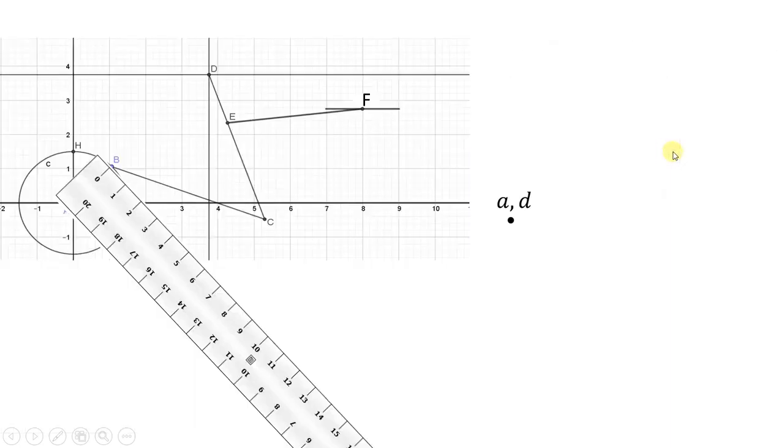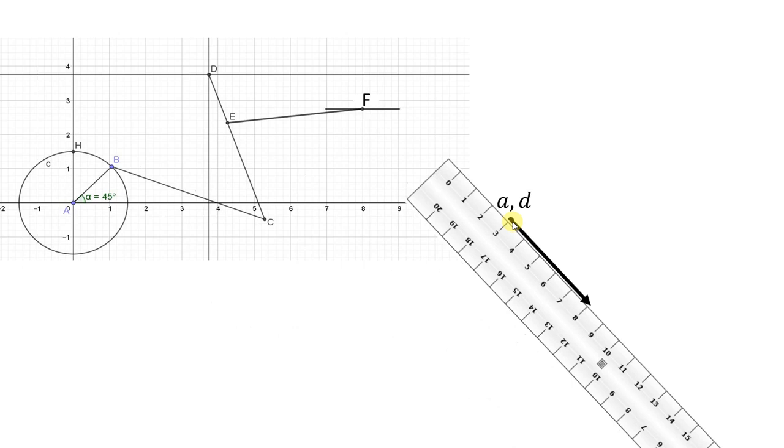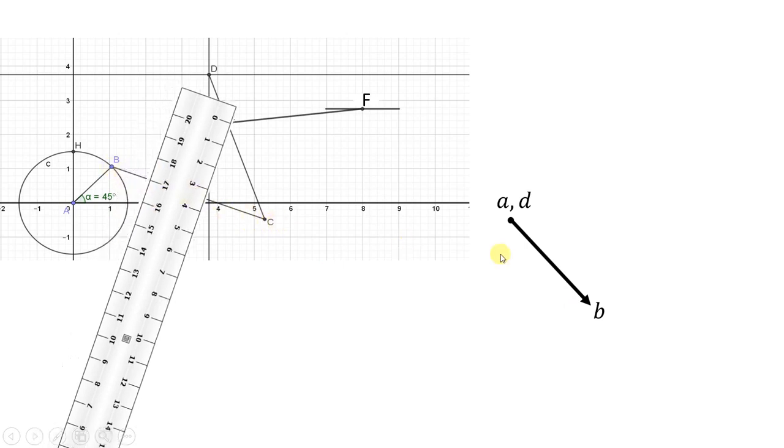So in the space we have taken A and D points, which are the fixed points. So A and D are taken as one point. Then first we'll be starting with velocity of B with respect to A, and suppose we choose that its magnitude is 5 centimeter. You can choose any value, so it is 5 centimeter length, and that indicates velocity of B with respect to A. Then velocity of C with respect to B will be perpendicular to BC, whose magnitude and direction we don't know.